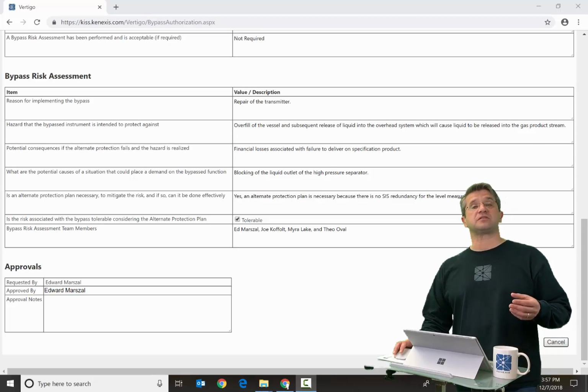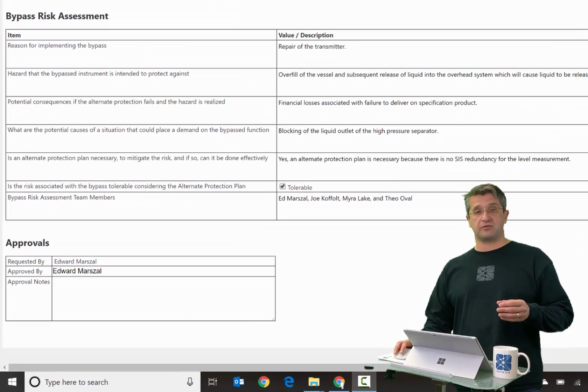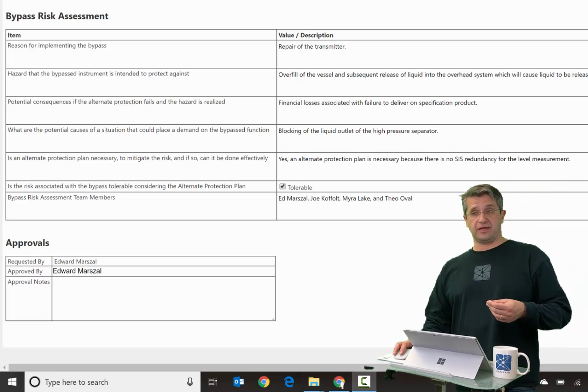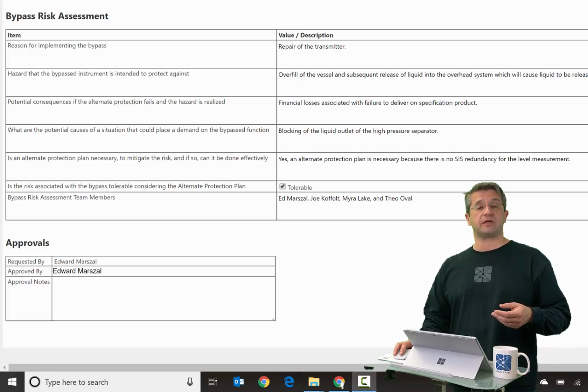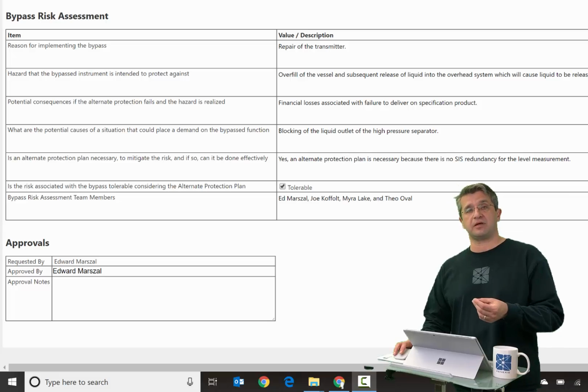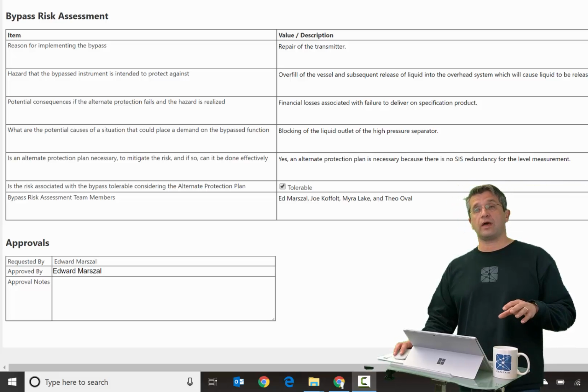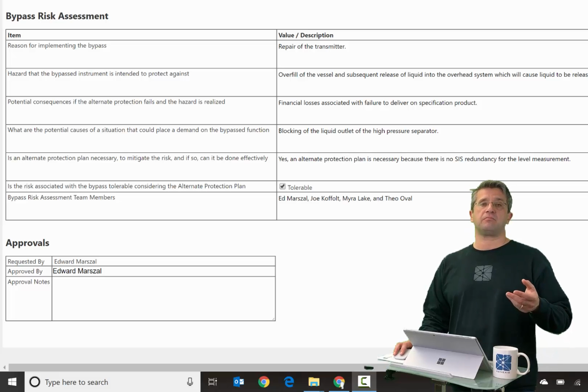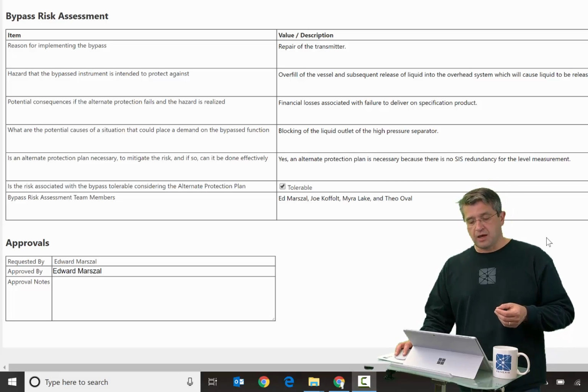The bypass risk assessment section of the bypass authorization form is displayed and needs to be filled out in abnormal situations, such as when your bypass duration is expected to exceed the mean time to repair, or when the bypass is being performed for a reason other than maintenance or testing. So for the bypass authorization,